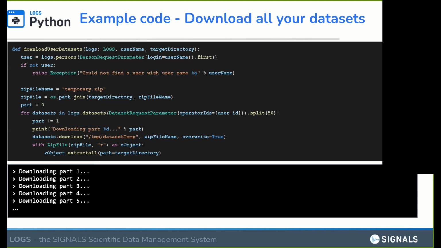Another case that we recently had: a user wanted to move away from the lab and take his own datasets, the datasets he measured over the years, with him to the new lab that he is moving to. And I just wanted to show you how easy this can be done with